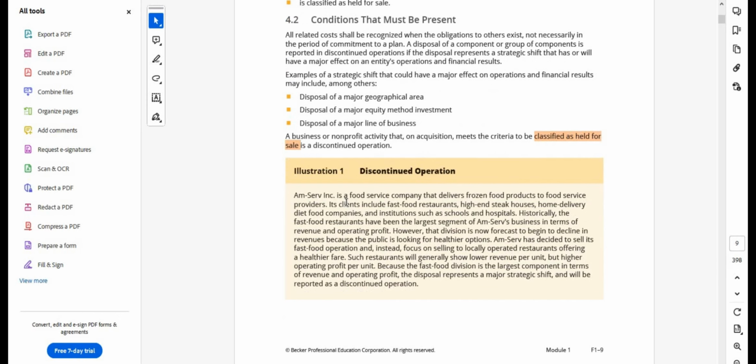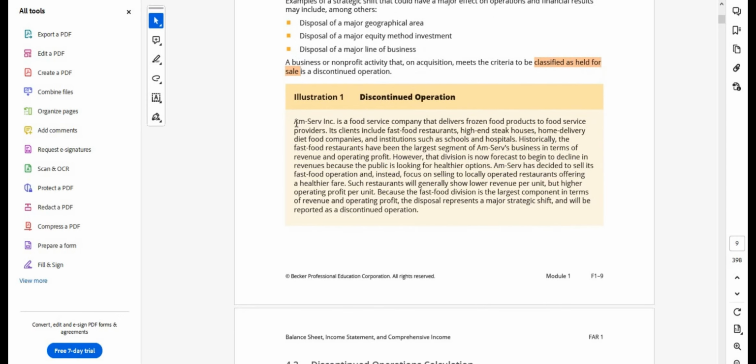So there is an illustration of discontinuing operation, that is AmServe Inc. AmServe is a food service company that delivers frozen food products for food service providers. Its clients include fast food restaurants, high-end steak houses, home delivery diet food companies, and institutions such as schools and hospitals. Historically, the fast food restaurants have been the largest segment of AmServe's business in terms of revenue and operating